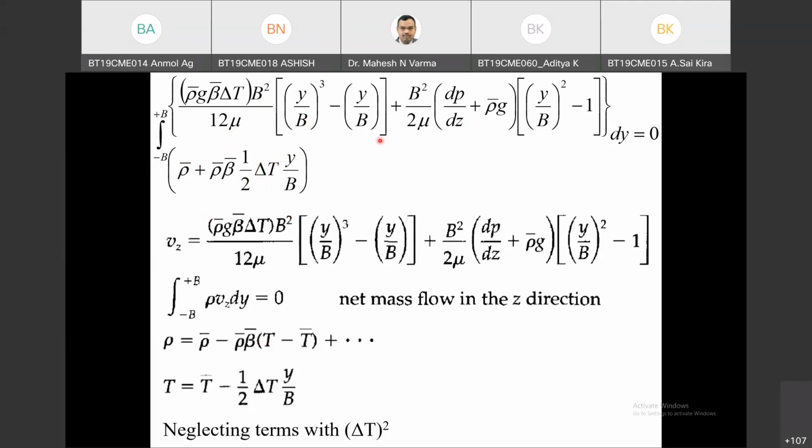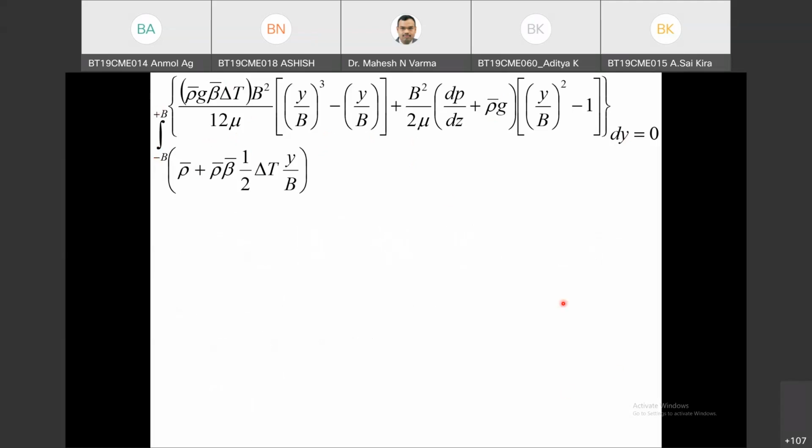This is the same equation. This is density, rho into rho b, and the temperature profile is substituted. Rearranging this equation, this whole rho will be the density profile and temperature profile, and this is my velocity profile into dy, integrated from 0 to b. Now, for simplifying this equation,